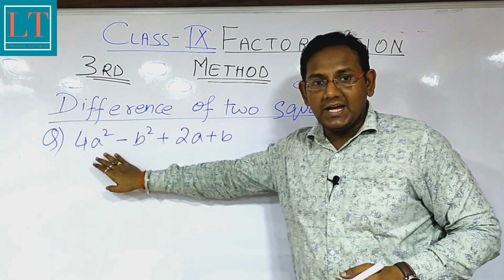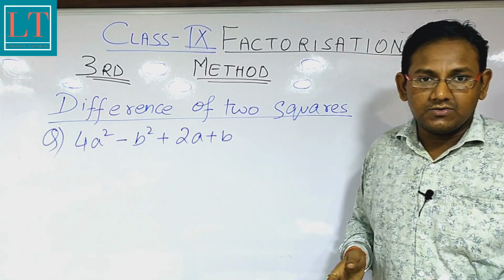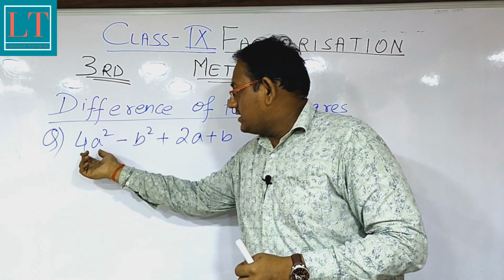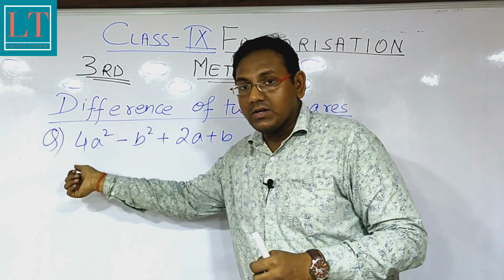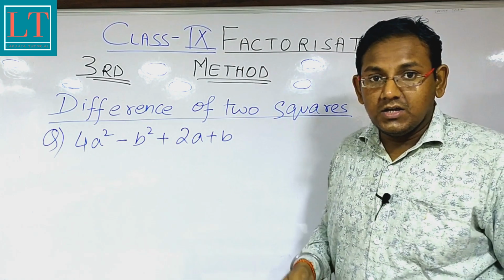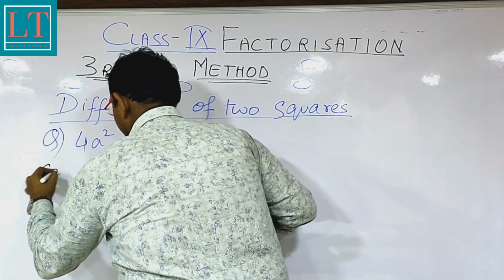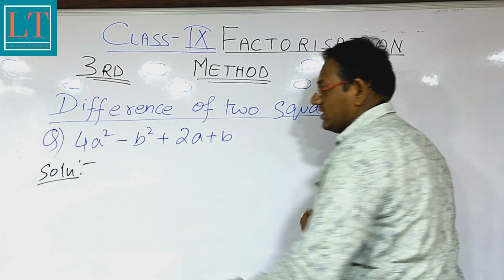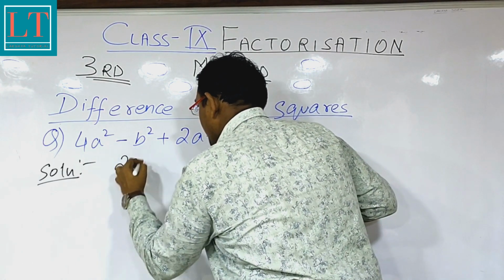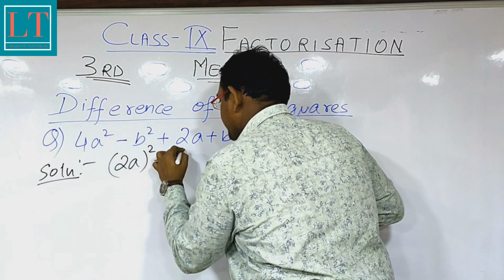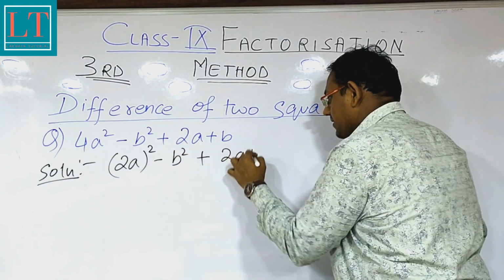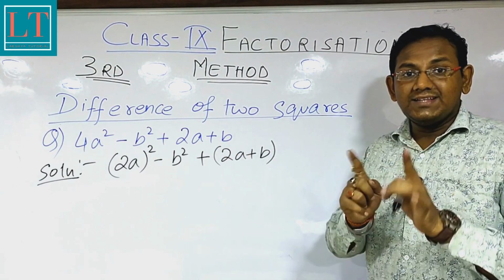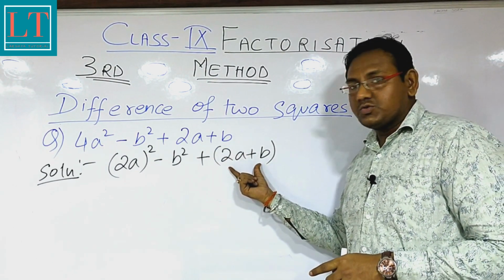So first thing is to apply the basic concept that we understood in this particular case, that is a square minus b square formula. But the problem is, over here we are getting a square, but we are getting a 4 at the beginning of that expression. So what to do with that one? So let us quickly start with the solution. We know that 4 is already a perfect square, so we can easily write this as (2a) whole square over here minus b square, and this 2a plus b, we will consider this third term and the fourth one to be one single term over here. So we are writing this as (2a plus b) over here.